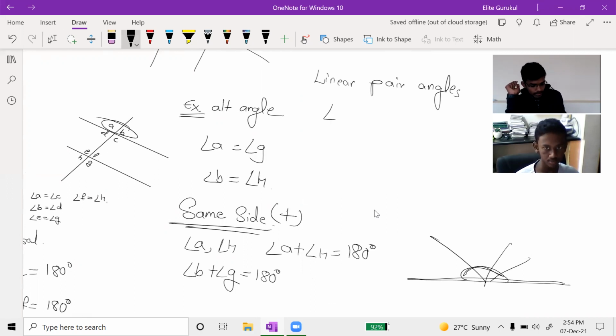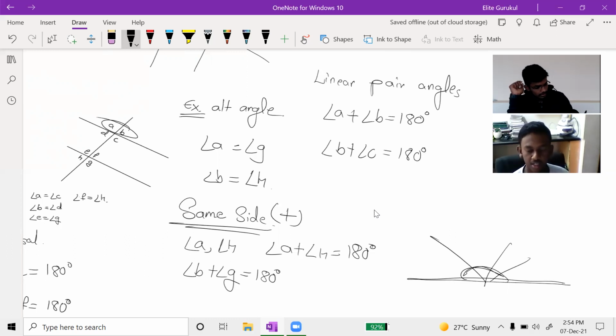Now tell me, angle A plus angle B is 180 degrees. Angle B plus angle C is again 180 degrees. This also 180, this also 180, this also 180. Now angle E plus angle F will be